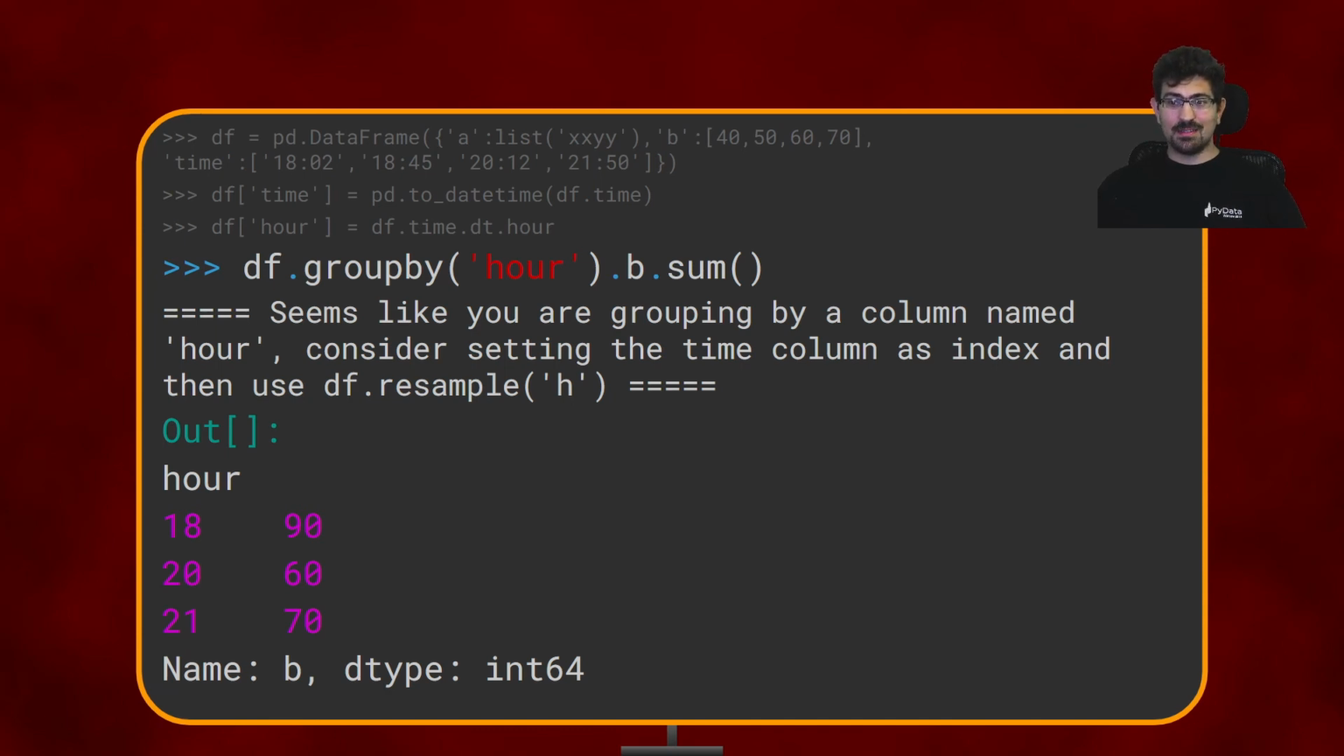Consider setting the time column as index and then use df.resample. This blew my mind, by the way, when I learned it for the first time. Resample for time objects is amazing, and it replaces group by in a much better way. And this